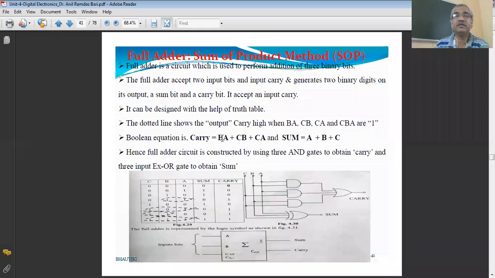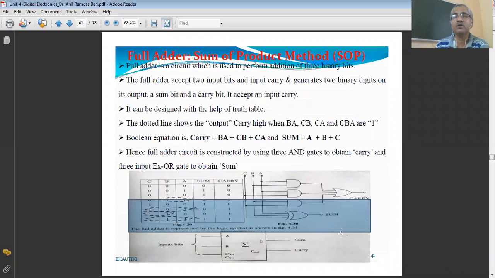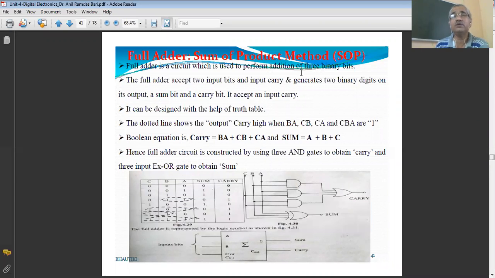सम ऑफ प्रॉडक्ट म्हणजे आता BA, CB अँड CA, दीज आर द प्रॉडक्ट्स, अँड कॅरी इज इक्वल टू सम ऑफ द प्रॉडक्ट्स. या सगळ्या प्रॉडक्टची आपण सम केलेली आहे. बरोबर. सो कॅरी इज इक्वल टू सम ऑफ प्रॉडक्ट्स and sum is equal to A, B, C. So these are the A, B, C. यांची आपण सम इथे सेपरेट घेणार आहोत. So by this method, sum of product method, आपल्याला बघा मागच्या याच्यामध्ये आपण एक ऑर गेट आणि